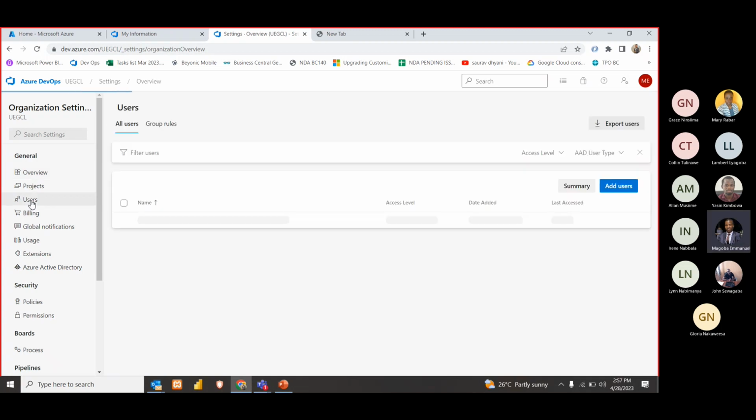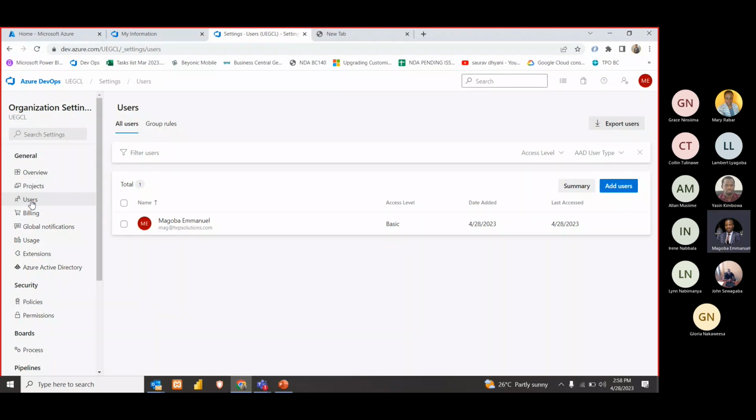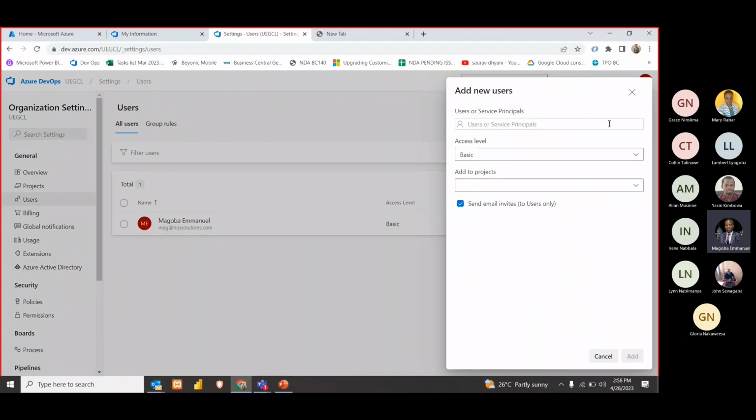I normally work with Owach on the BC Maximo integration, but I can also add other people I want to access the organization. You add people you work with. Once I click on add,